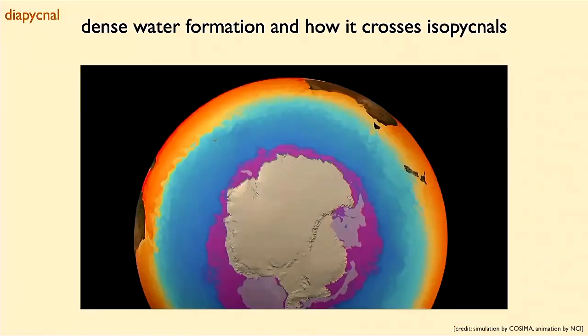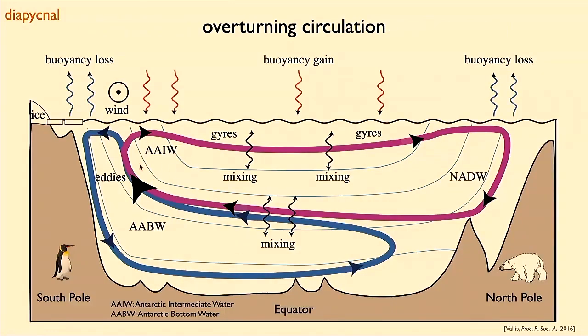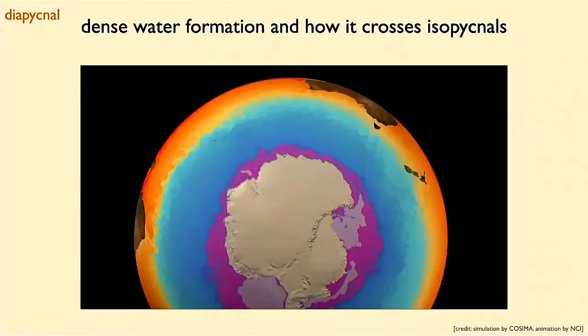Now, this dense water formation is a little bit of a schematic, and you expect that this happens everywhere, for every longitude, because this is just a slice. But it's very, very inhomogeneous. This dense water forms, is dense, and moves, cascading to the abyss. It doesn't happen continuously all the time or in every longitude around Antarctica. I'll show you a video, and you'll get an idea of how that happens.